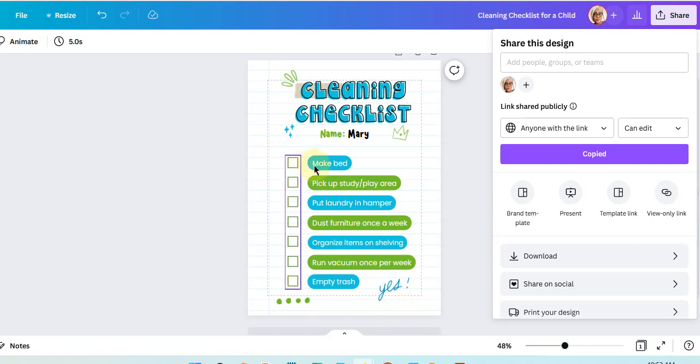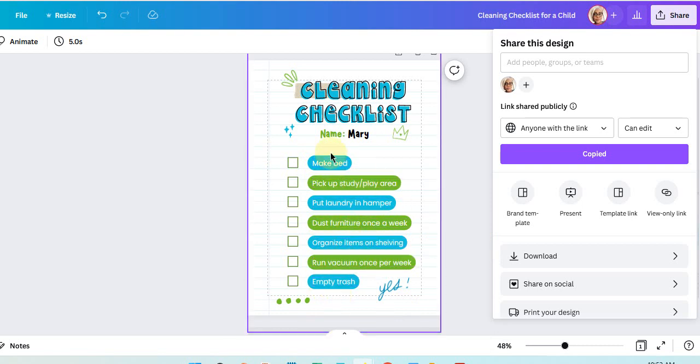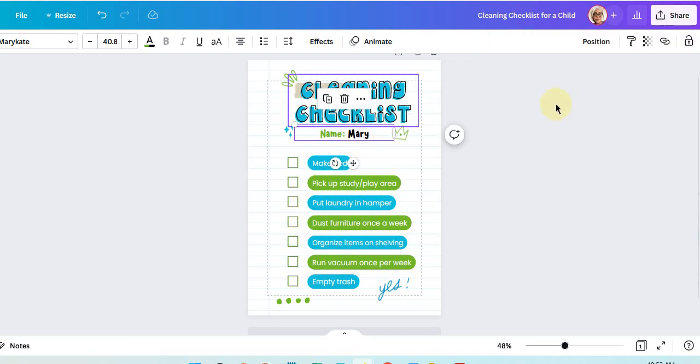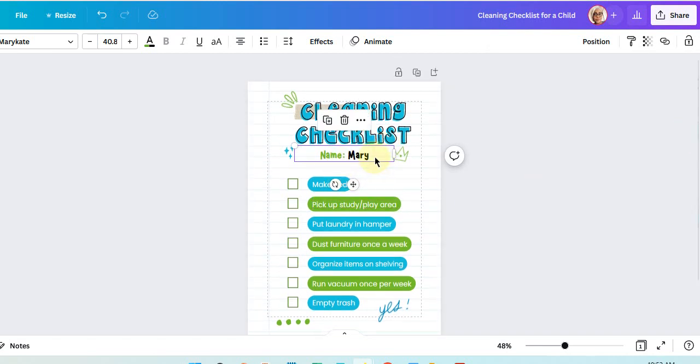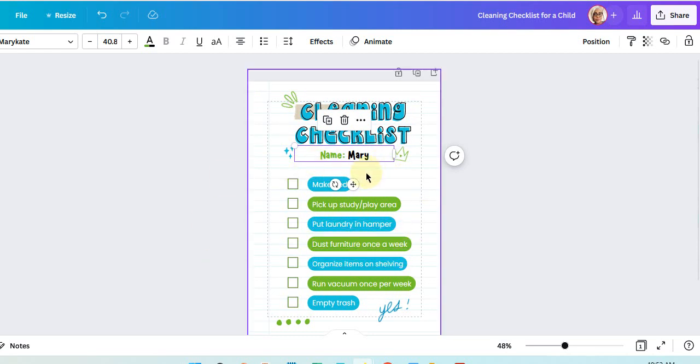They will be able to change out the wording. So maybe they want their child to do something other than make the bed or pick up their study/play area. They can modify the chores on this list and make it their own. They can change the name. The other thing that they can do is they can add different names. So maybe they make one checklist for Mary and they might have another child named Billy or Michael or whatever. They can create this one for each child and then print it out and use it in their